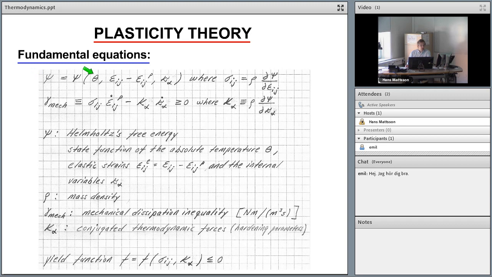the absolute temperature in a Kelvin scale, the elastic strains, that we see the elastic strain tensor here, that's the difference between the total strains minus the plastic strains, and some internal variables, kappa, alpha. It could be several of this kind of internal variables. And we also have